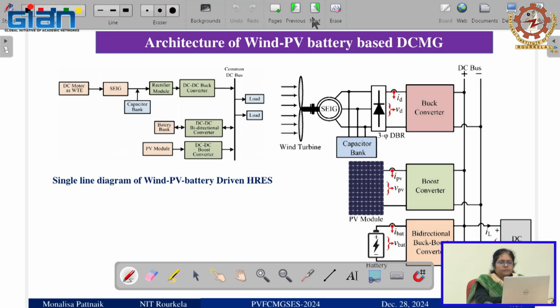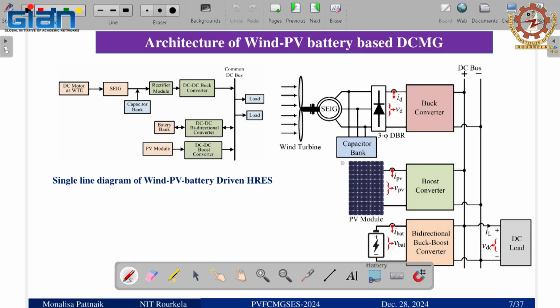So now coming to the development, the first step, as I told, is to develop a system with two renewable energy sources, wind and PV, with a single storage battery. Okay, so this is the overall system. Here, this is an AC output, so this is for AC to DC conversion. To make it simple, we have kept it a diode bridge rectifier.